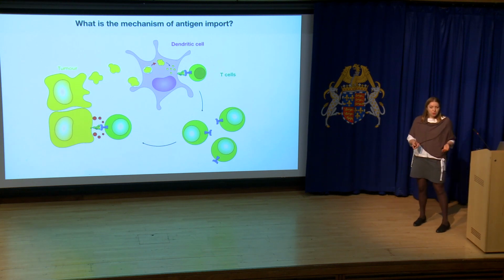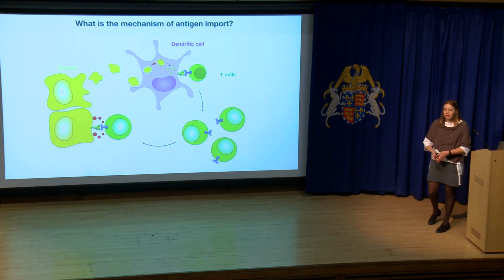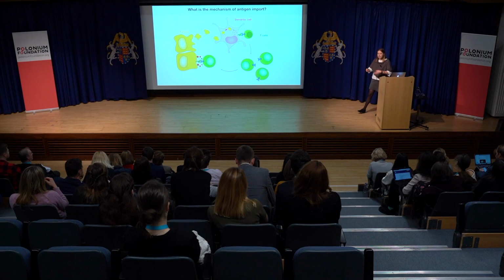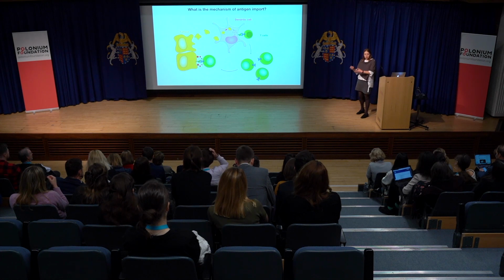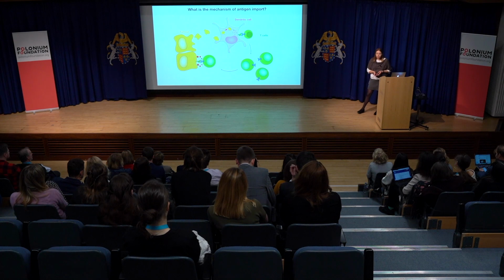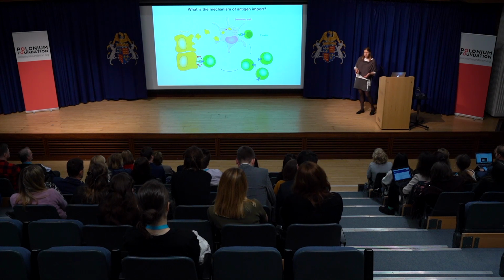But what we'd like to know is how does it actually happen physiologically? Do the membranes also become somehow destabilized and leaky, but in a controlled way? Or maybe there is a channel that allows these proteins that have been taken up to enter the cytosol in a more controlled way. This question has been very difficult to address because dendritic cells are very difficult to